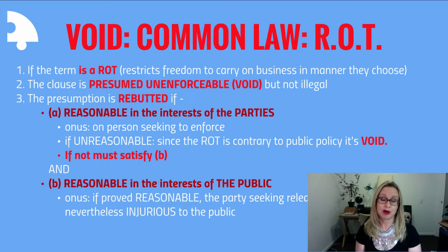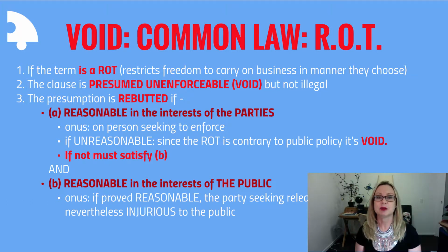Second cab off the rank, there is a presumption that you hit up against, and that restraint of trade will be presumed unenforceable and void, but not illegal. So you've got a presumption there, ROTs are out. The presumption will only be rebutted, and here we have a two-stage rebuttal process. The first step is you've got to show that the restraint of trade was reasonable as between the parties to that provision. The onus here obviously is on the person that's seeking to enforce the provision, and that's usually